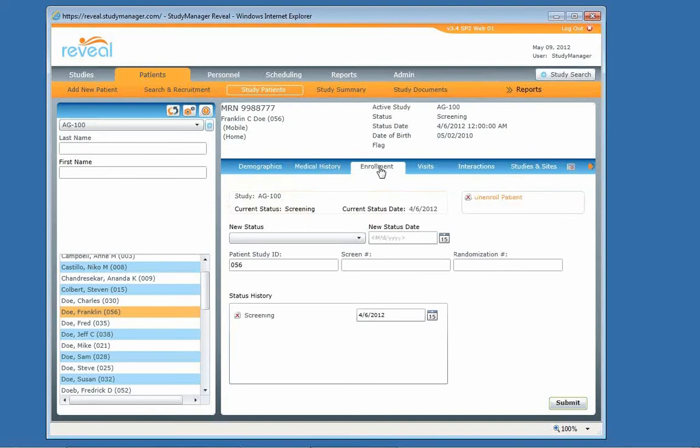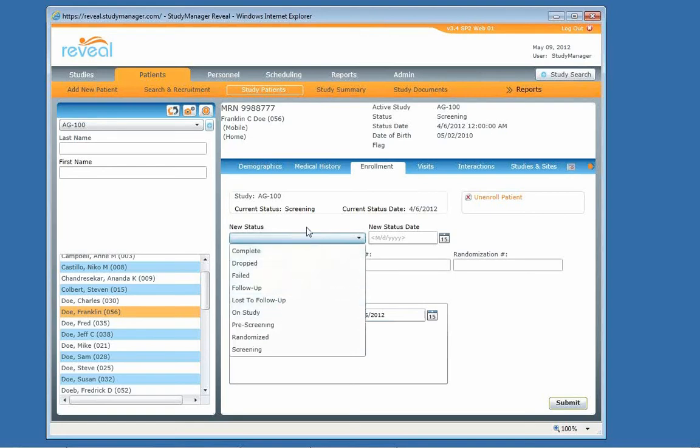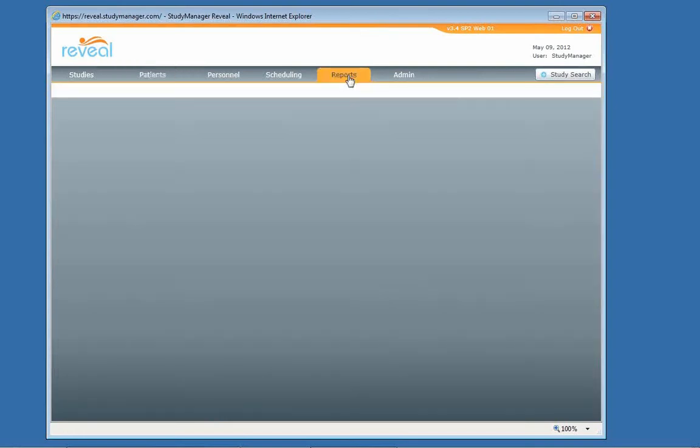The enrollment tab will show, as we looked at earlier, a history of the patient by status. So as the patient moves through various time points in the study, we're able to update this and update the status date to create a real-time record of where each patient is in the study. And I'll show you some outputs related to that. For example,